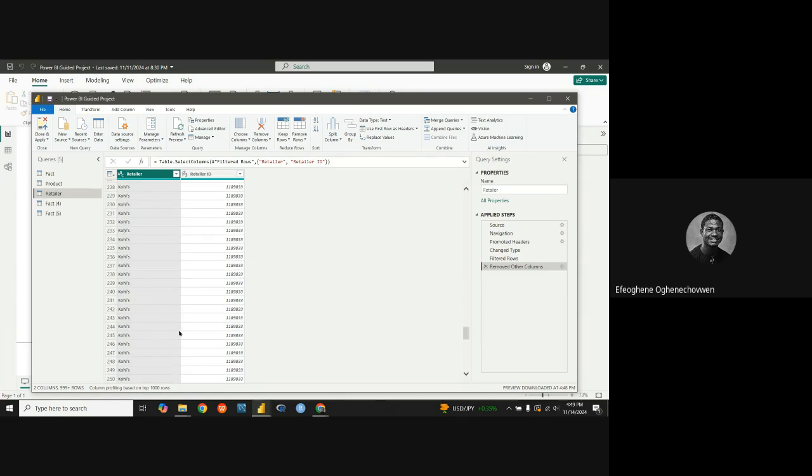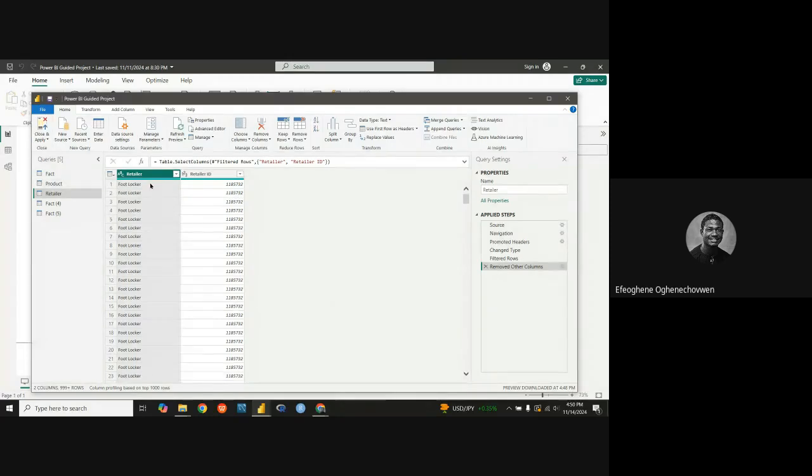We have these columns. What do we have again? We have Foot Locker. So we understand the data set and the problem they're trying to solve. When you understand the data set, it can tell you how to break your tables. Instead of having one flat table, when you break it into normalized tables, it reduces data redundancy. It helps you put your data into categories. That's how your fact table differs from